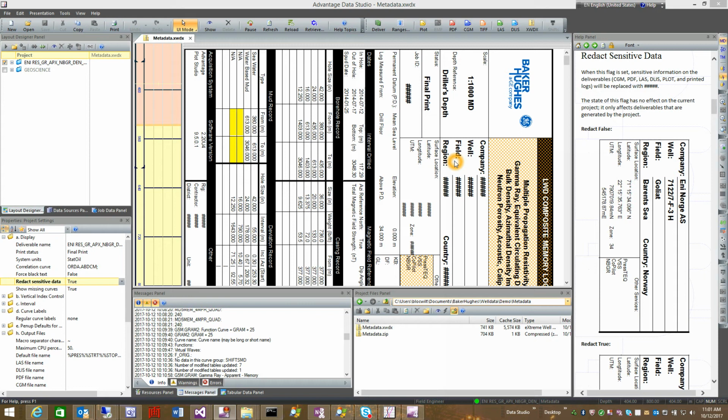Metadata is all of the data in a project other than the telemetry data, the curve data. You can see this data has been redacted. Metadata has customer information in it typically, so we've marked the project to redact sensitive data. That way the DList files we generate, or the LAS files, PDF files, etc., will not have any customer information